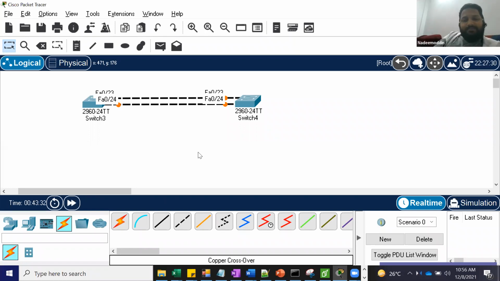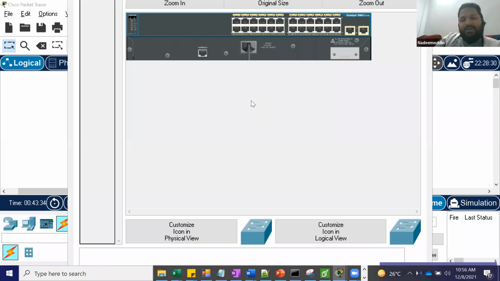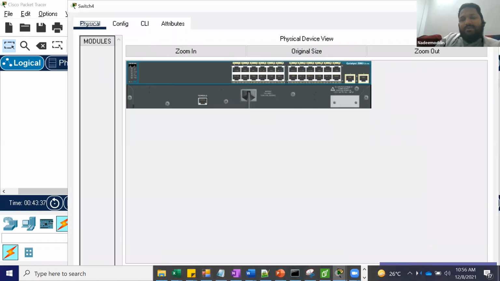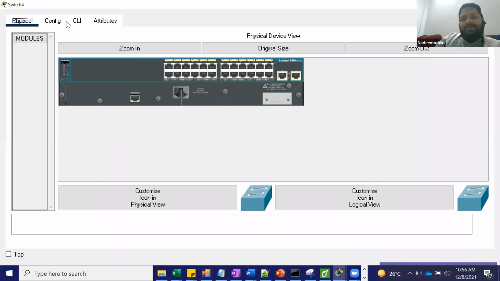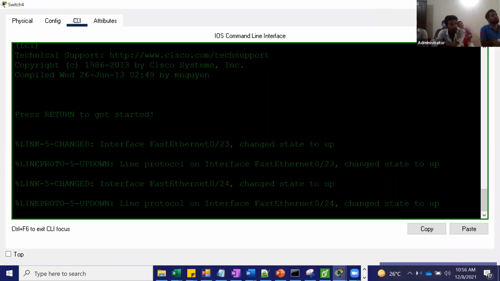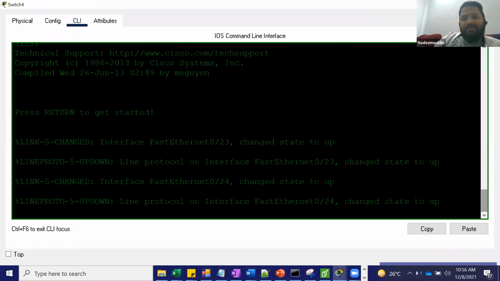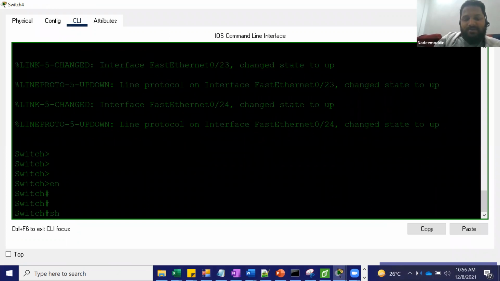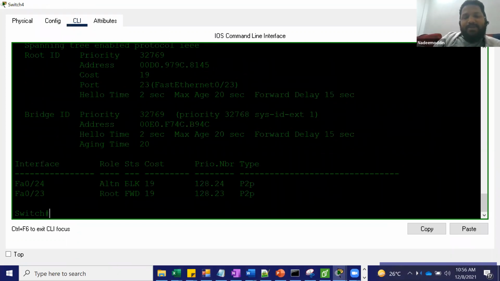So what will happen? As you know, spanning tree is running by default. So always go and check. If someone asks you what orange means and what green means, enable show spanning-tree. See, what does blocking mean? Can you tell me which switch is the root bridge? Yes. The root bridge will never have a blocking port; it is always forwarding. This is the root bridge.